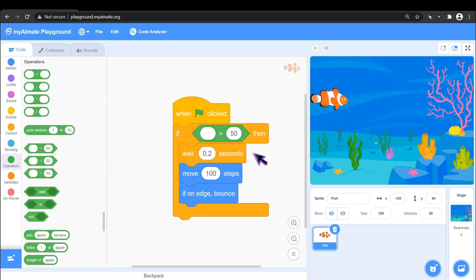Now our code will run only if this green condition is true. Let's see how. As you can see, when I enter the number 60, our code runs because 60 is greater than 50. But when I enter the number 40, the code didn't run because 40 is less than 50 and the condition is false. These code blocks are very important if we want to start a particular block of code after checking whether a particular condition is satisfied or not.